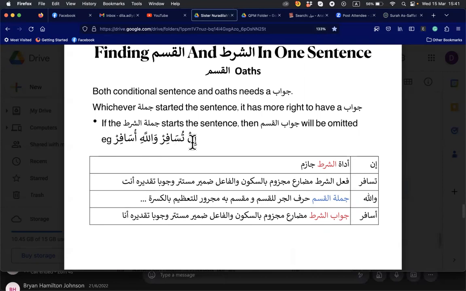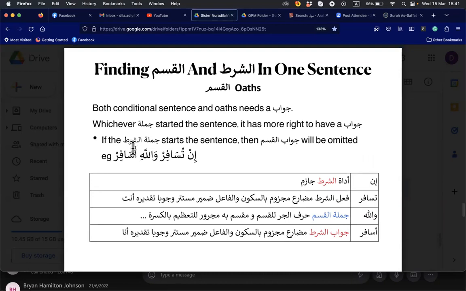So here you have in, your adatul shart, comes first. So here, usafir is your jawabul shart, so majzum, exactly, because in affects it. This is more important, especially if you are doing sentence construction, because you need to know that this must be majzum since it is actually the jawabul shart. If in the Quran such a sentence happens, then you just follow the flow, because you will see what is after that.